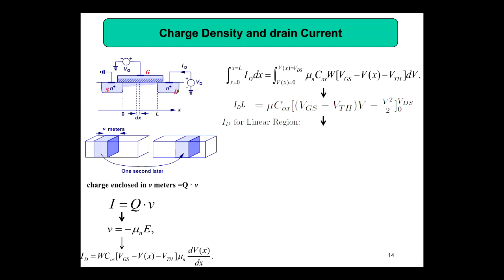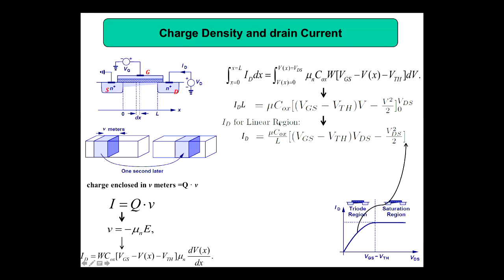just the integration. For the linear region, ID equals mu COX by L, VGS minus VTH into VDS minus VDS squared by 2. So this is the expression for drain current in the linear region. Again, you don't have to study the derivation; I have just shown you the derivation. So if you are operating your MOS transistor in the linear region, this is the expression for